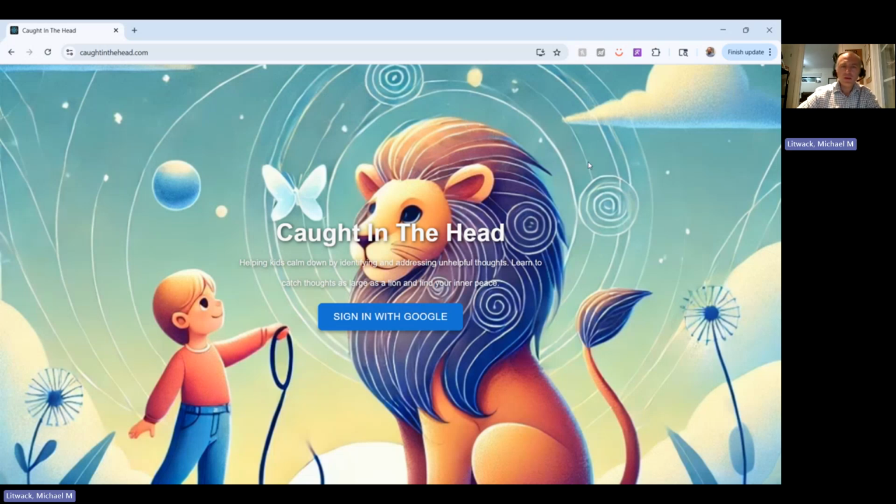Hi, everybody. I wanted to go over this application that I've developed called Caught in the Head. Essentially, the purpose of this application is to utilize cognitive behavior therapy to help children, whether they're having thoughts that are really bothering them, or something occurred during their day that caused them to react. This app is designed to help children process these thoughts and move past some of the ones that might be particularly